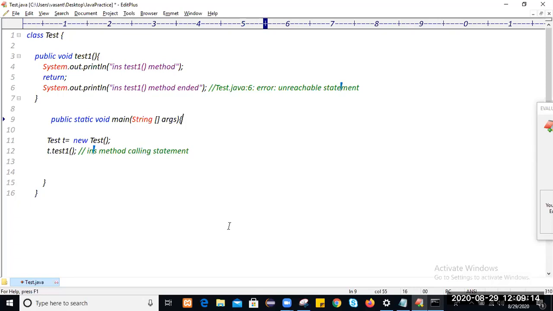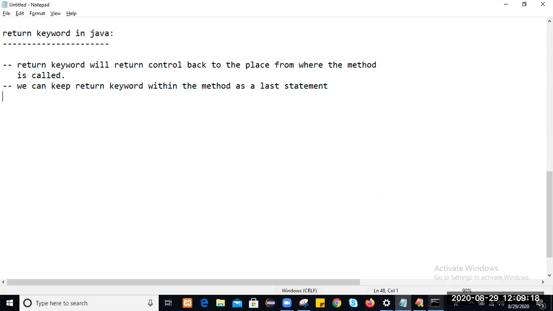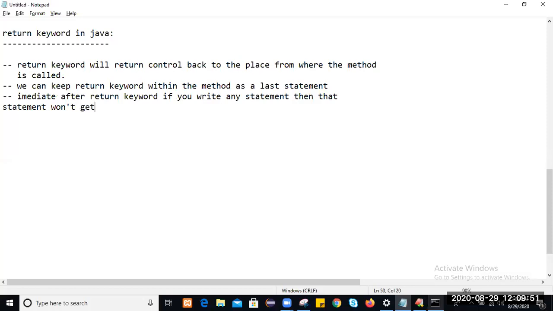So write this example. Immediately after the return keyword, if you write any statement, then that statement won't get a chance to execute, and hence the compiler will throw an error during compilation time.